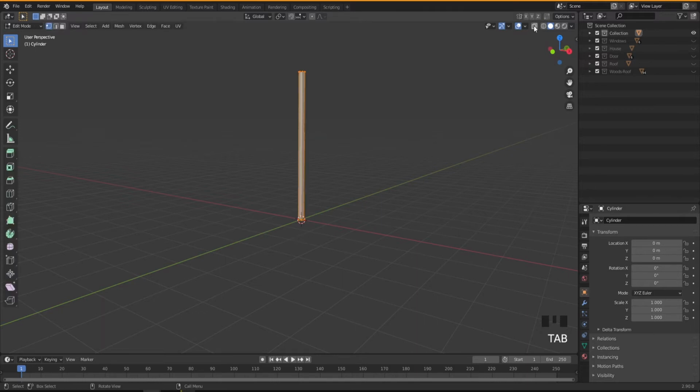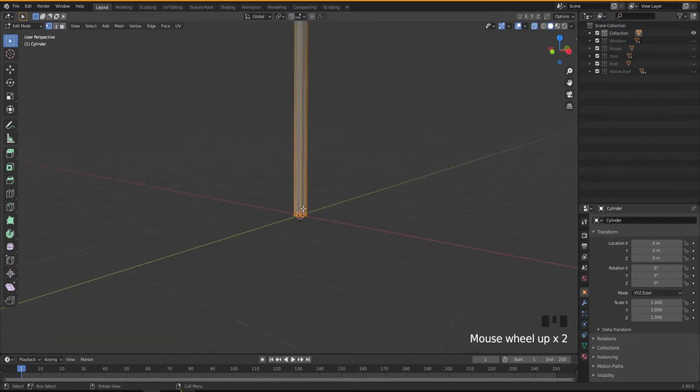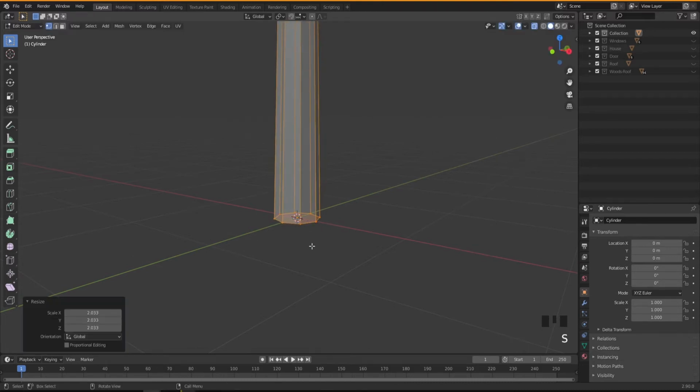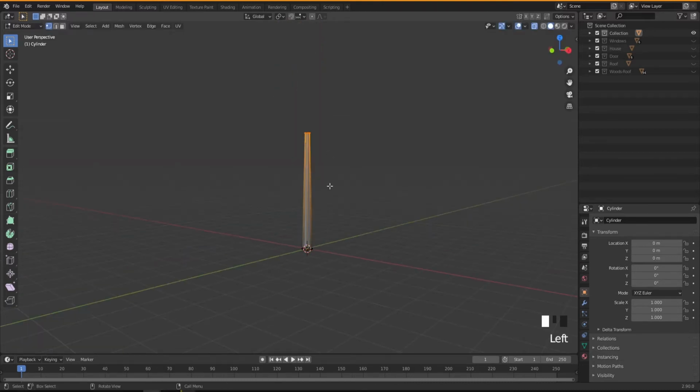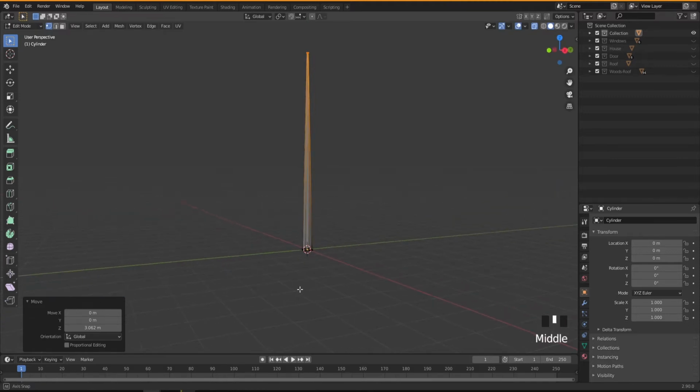So let me turn on X-ray by Alt Z, then I'm gonna select everything at the bottom, and then S and scale up like this, and selecting the top part, S, scaling it down, and then G, Z to make it a little bit taller like this.